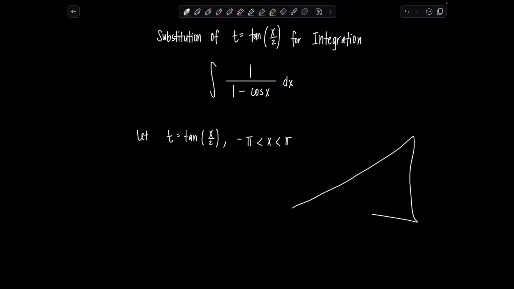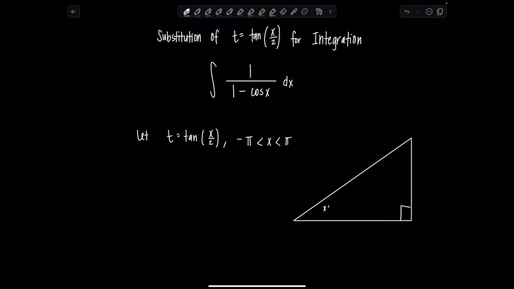Okay, there's a couple of ways you could derive the following relationships that I'm going to show you. You can use either a triangle or just manipulate trigonometric identities. I like a good old triangle. So notice we have tangent of x over 2. So x over 2 is my angle. And tangent of x over 2 is equal to t. I want you to think of that as t over 1 right now, okay? So that means the ratio of the opposite over adjacent side is t over 1. And then using the Pythagorean theorem, we can find that the hypotenuse is the square root of t squared plus